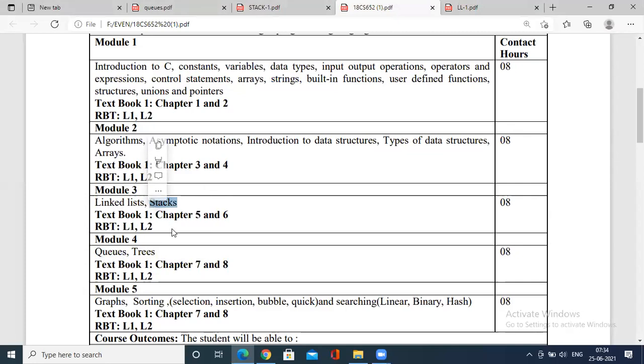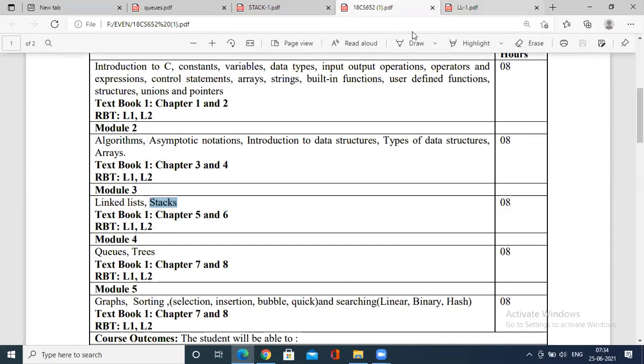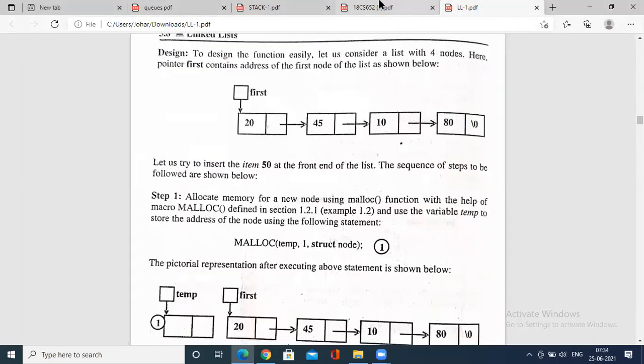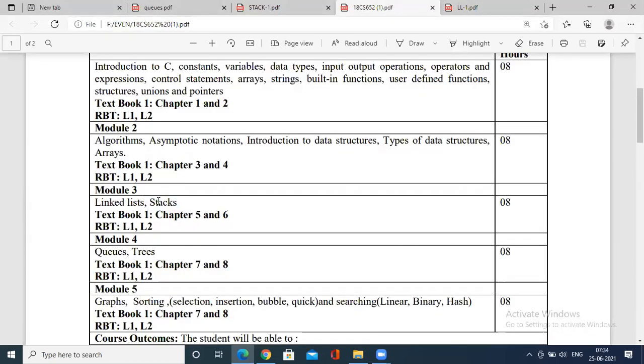using both the concepts of arrays. How do you implement stacks and queues? How do you implement stacks and queues using linked list? Because as I said, from the syllabus point of view, you have only these concepts, that is in the stacks and in the queues. So how do you implement a stack? That is, what are the various functionalities of a stack, that is push operation, pop operation, display operation. Similarly, with respect to the queues, you have insert, delete and display operation.